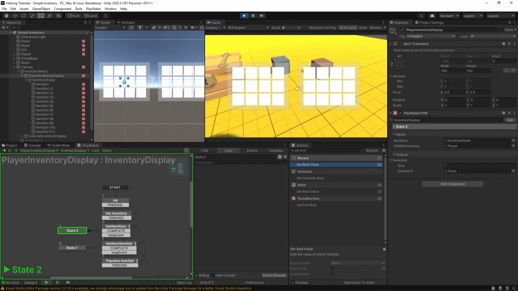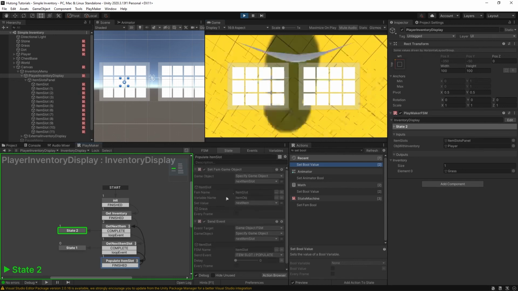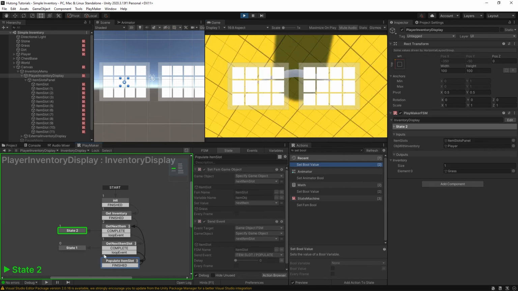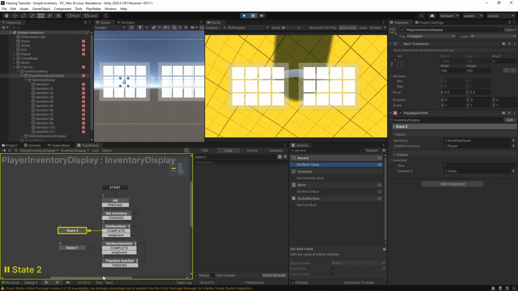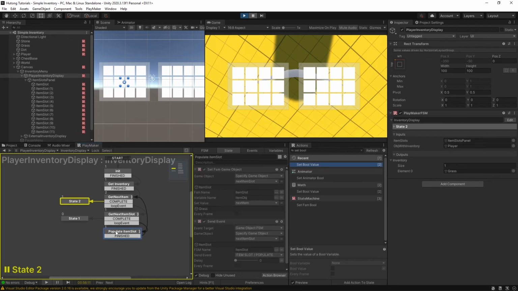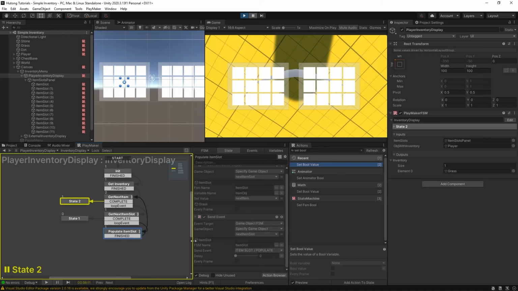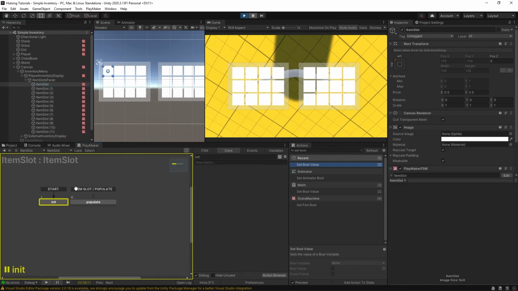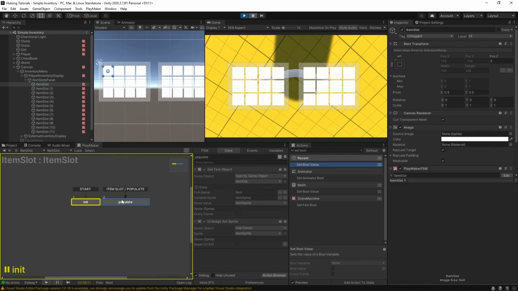So if we stop it here, and we see that down here, we did get here, right? It has a little 1. Let me just press pause. Our populate item slot, it has a little 1 right here, which means that we did get to the populate item slot. So it should have sent the event to this item slot. So if I click on this, it highlights it up here. So I'm going to select it. But you'll see that it didn't send the event, or at least it sent the event, but the item slot